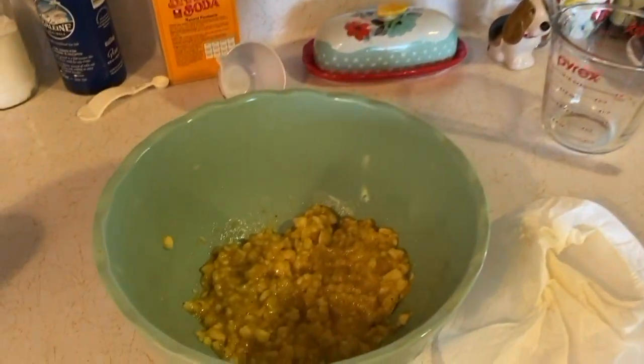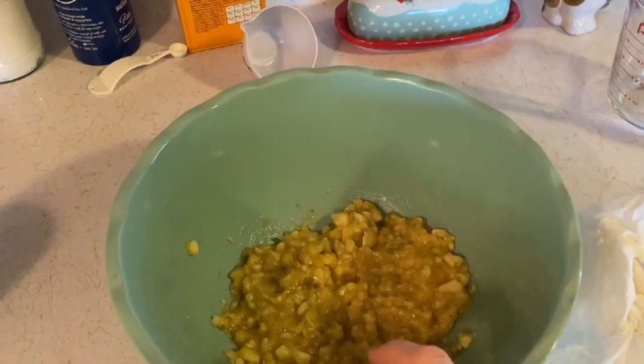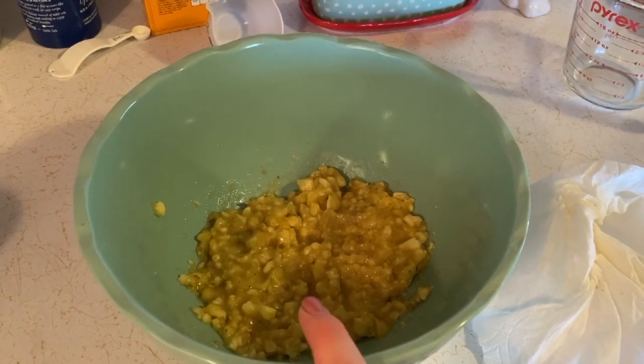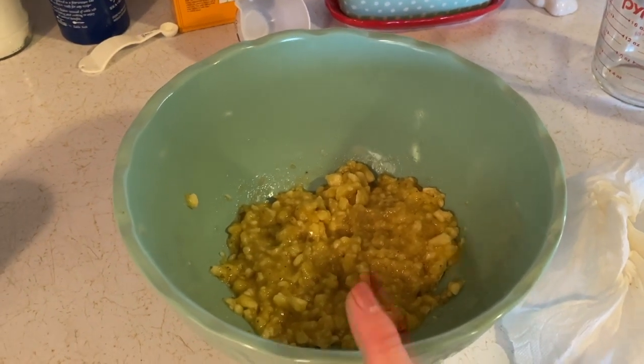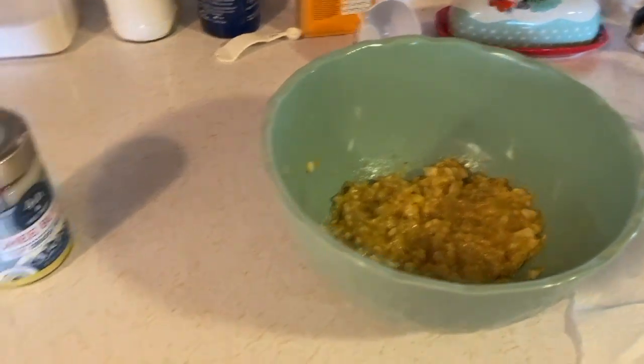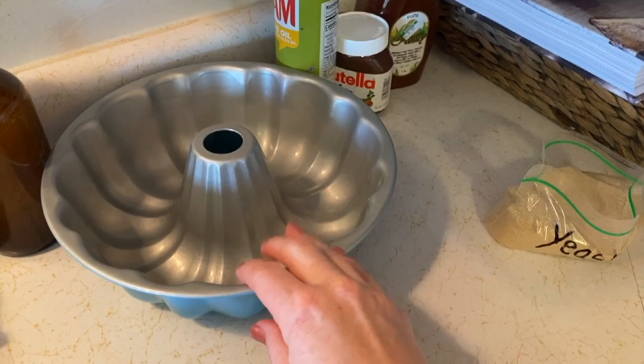So this is banana mushed up, 3 bananas. This recipe is really, really easy. I will link to it below the video so that if you want to make this, you can. But I just thought I would turn on the camera, and I might be really brave later and try to